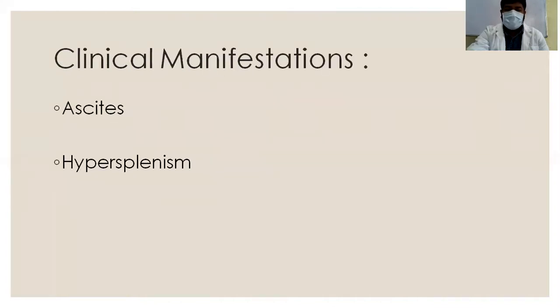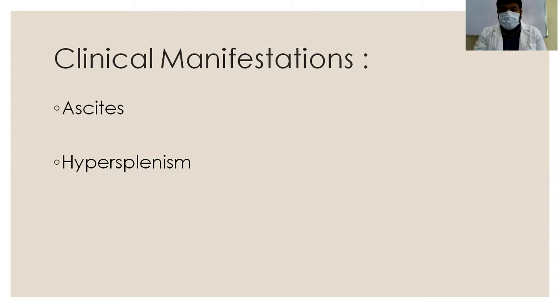And what can be the clinical manifestations? Ascites can occur. How does ascites occur? Due to the increased pressure gradient, there is backflow of the fluid, and it goes into the free spaces, into the peritoneal cavity, where this free fluid accumulates and causes ascites. Sometimes this free fluid can be invaded by bacteria, and it can cause spontaneous bacterial peritonitis.